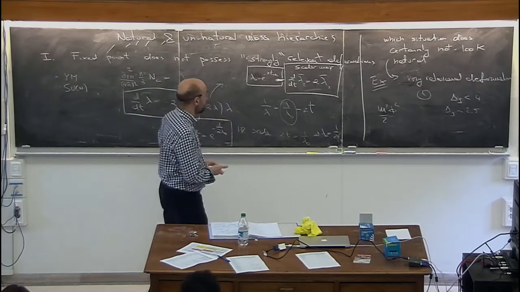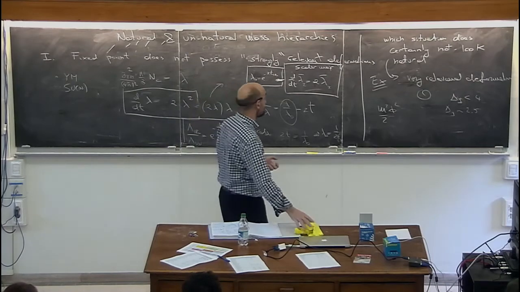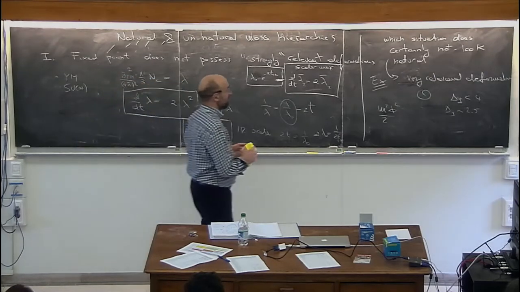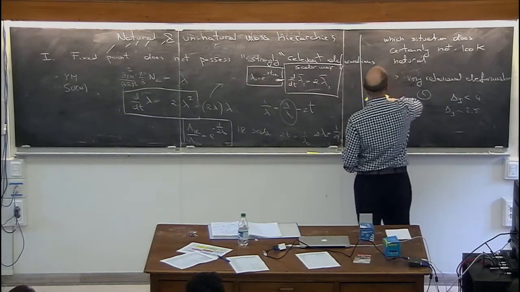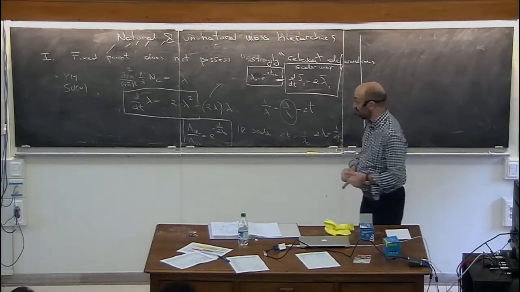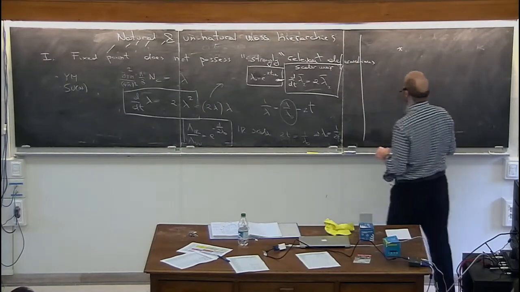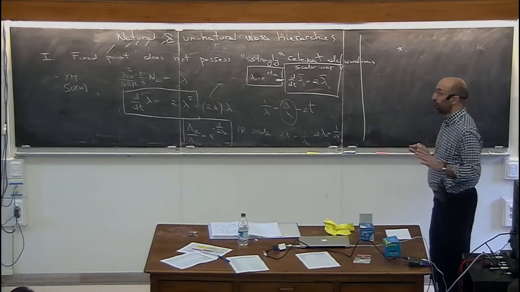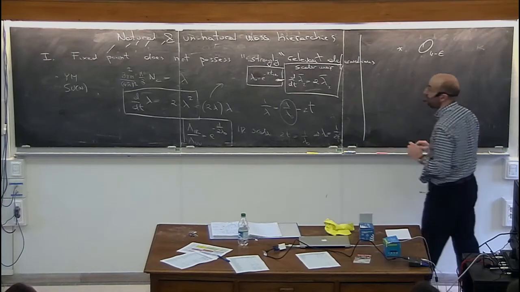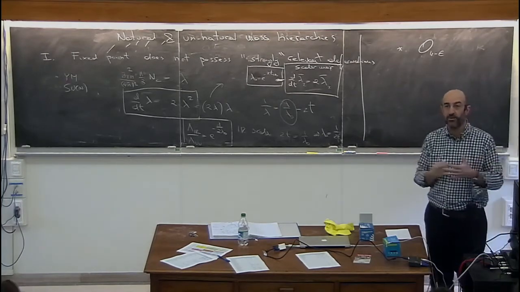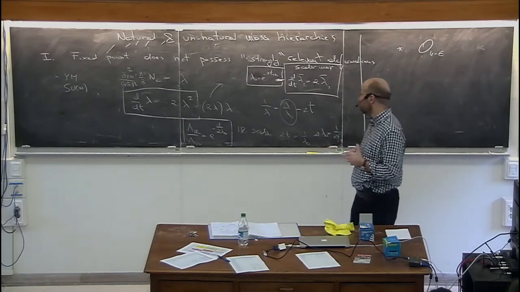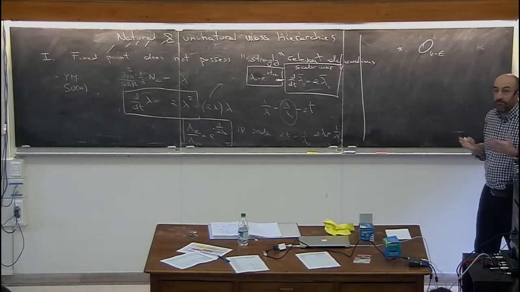Now another example, more abstract, in this class of theories. You can also think that the fixed point is some abstract theory. Let me give you another example of this. Imagine the fixed point where the lowest dimensional scalar operator O has dimension 4 minus epsilon, where epsilon is an algebraically small number, a 10th, 20th, not 30 orders of magnitude. It's just slightly small. That could happen by some cancellation.